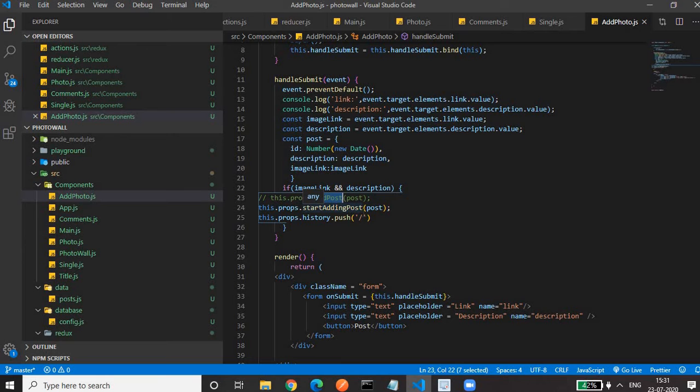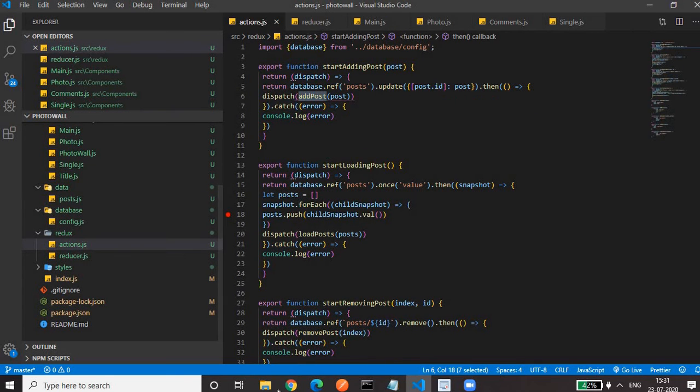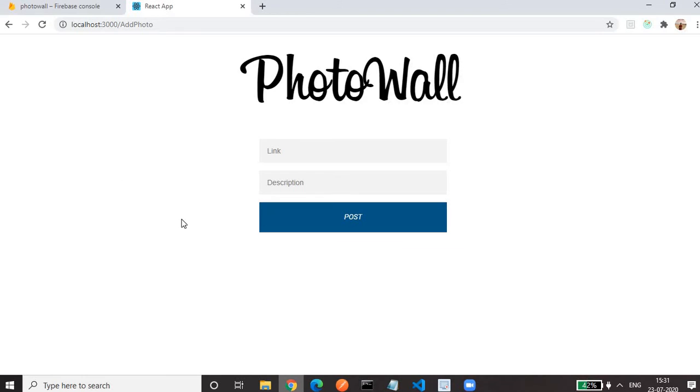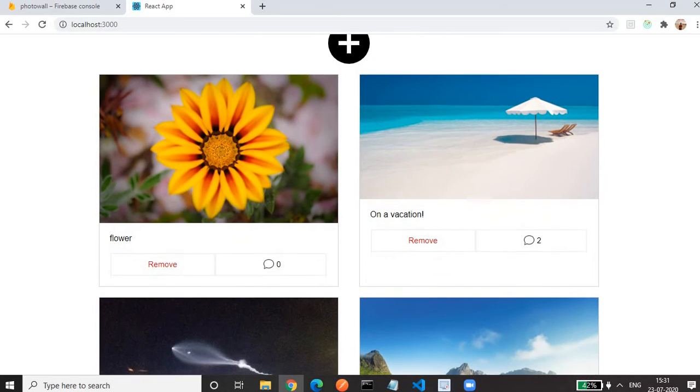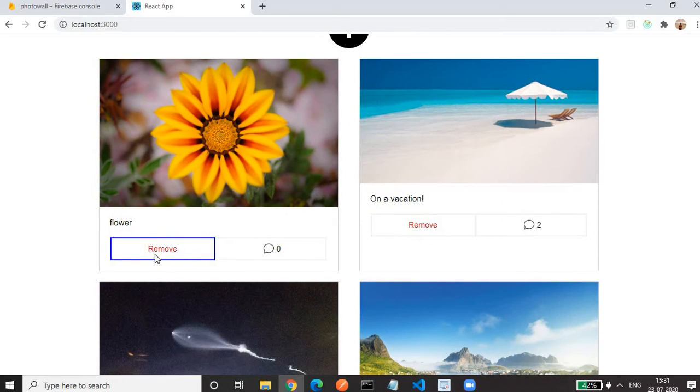So let me close this, and let me go back to my main screen. If you see, we have a remove button also. On click of the remove button, we need to remove the photo from our screen.